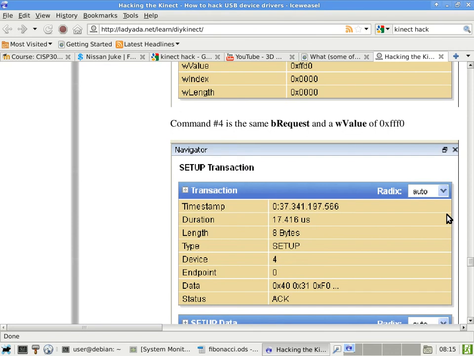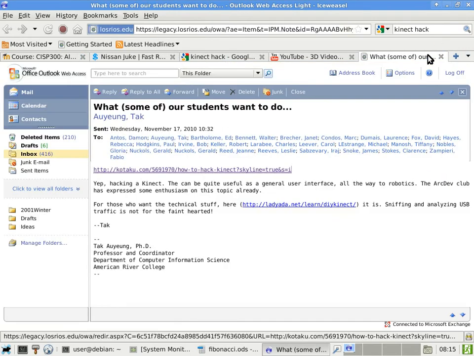This is the kind of stuff that you can do after you get your bachelor's degree, for most people, because it does involve a lot of analytical skills and other stuff that you need when you write programs. But some of our students here at ARC are already thinking about making the Kinect work with their own programs. So I'm just curious what they're planning to do with it, and it's kind of